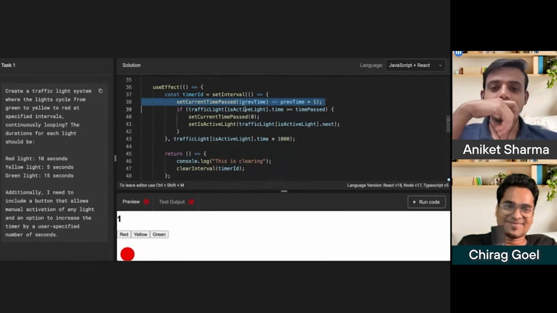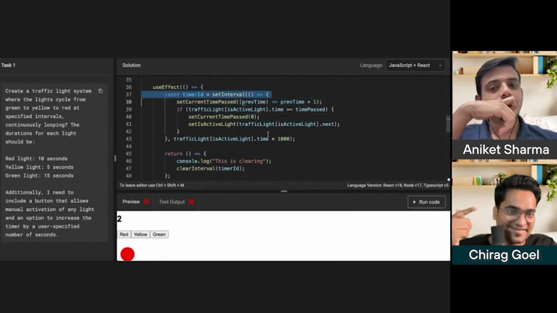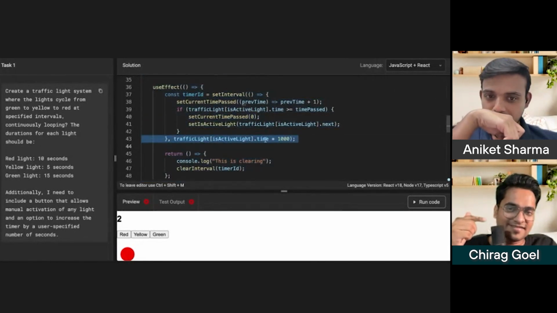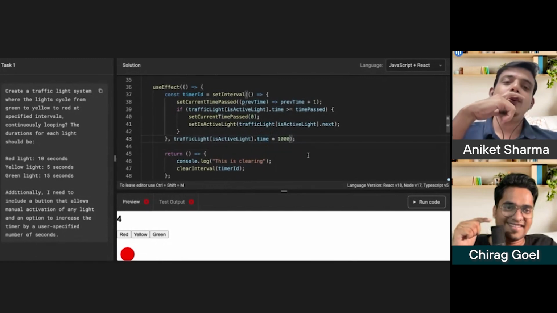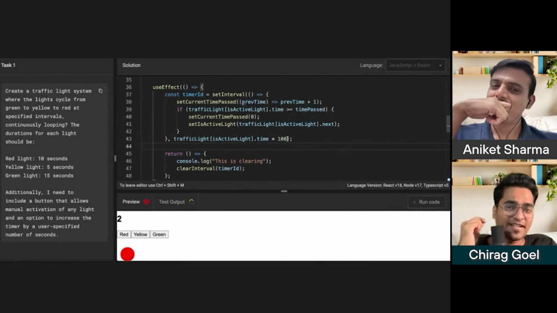Okay, there is one error which we got. So the interval should work every 1 second. And your interval is working in 1 second? So this active light time is nothing but an integer, 15. 15 into 1,000. Oh, okay, okay. So now correct. You're making 15 into 100, like 1.5 seconds. 1500, 1.5 it is.